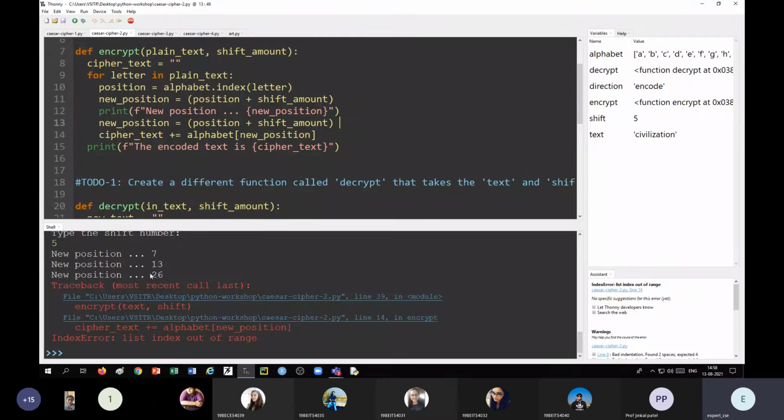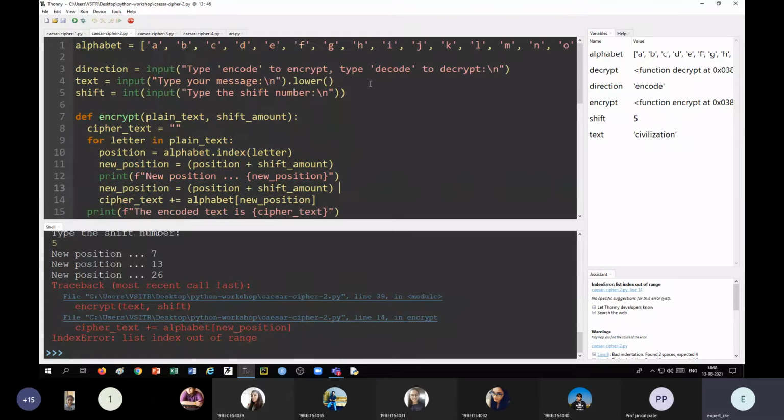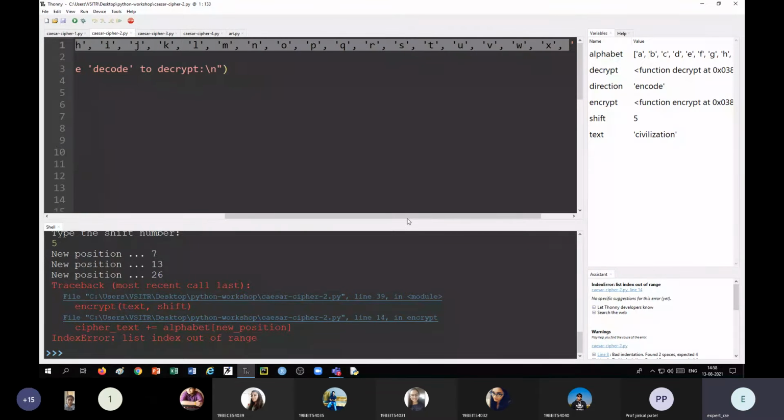Here you can see it is 26, 7, 13 and 26. So for Z or some other character, it is 26, which is beyond 25. So how do we fix it? One way is you can add all these 26 characters again in the list. I will tell you how.